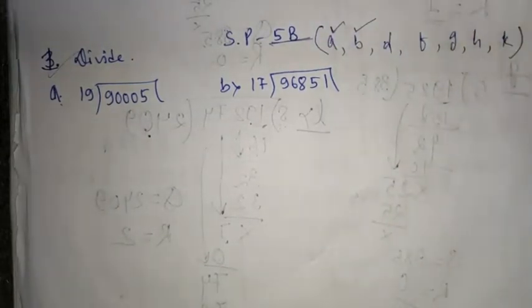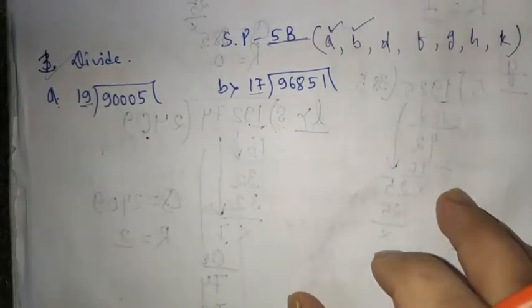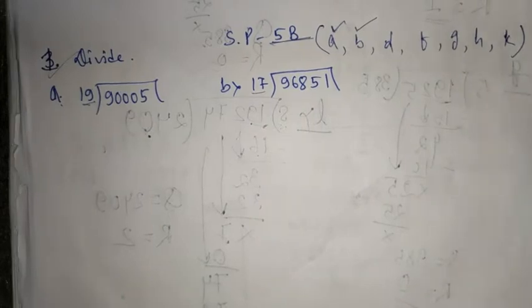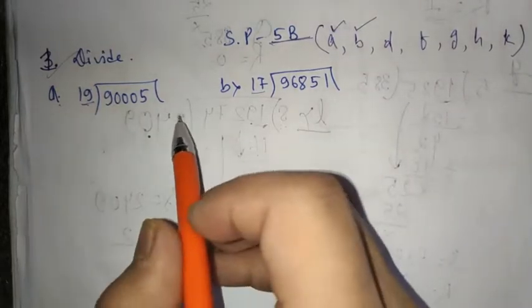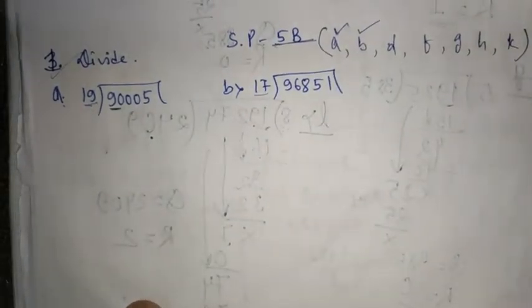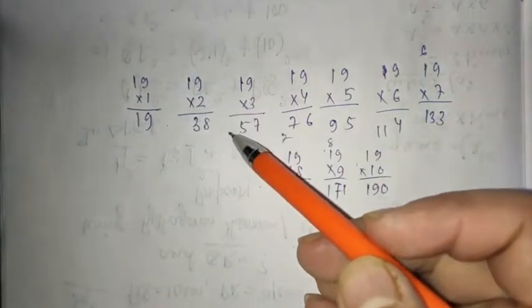Let me tell you that self practice 5B deals with the division by a 2-digit number, that is, a 2-digit number is the divisor. So basically this deals with 2-digit number multiplication, which you should know before doing this. Here 19 will be the divisor at first. Let us have a look at the 19 multiplication. I have made a rough multiplication table here. 19 ones are 19, 19 twos are 38, 19 threes are 57.